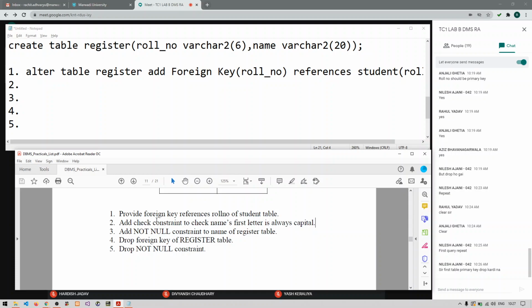I want to check only that the first letter of the name is capital, not the complete name.